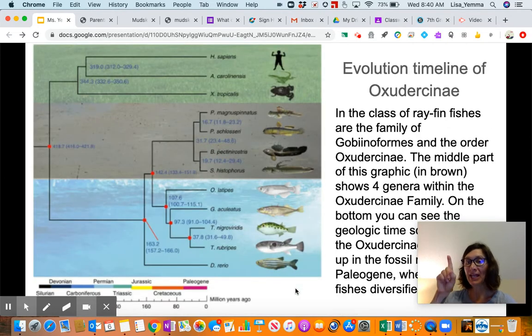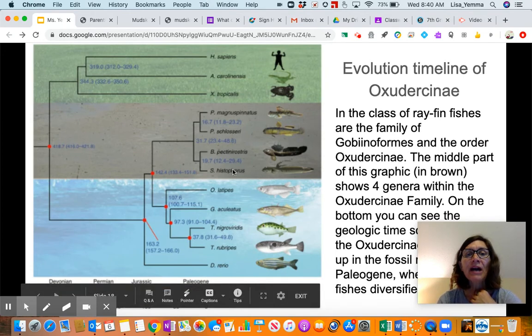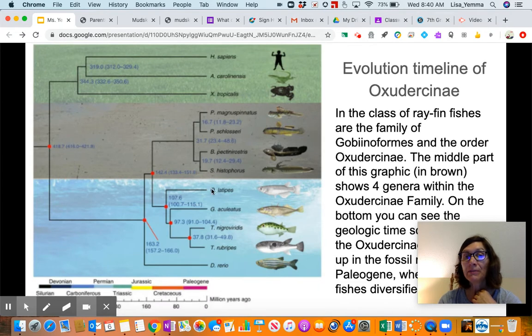So I have kingdom, phylum, class, order, and then family, genus, species. And so this middle part, these SBPP, those are the genera, and these are the different species of those genera. And I noticed that mudskippers are pretty young relative to the evolution of fishes. So that was kind of a cool